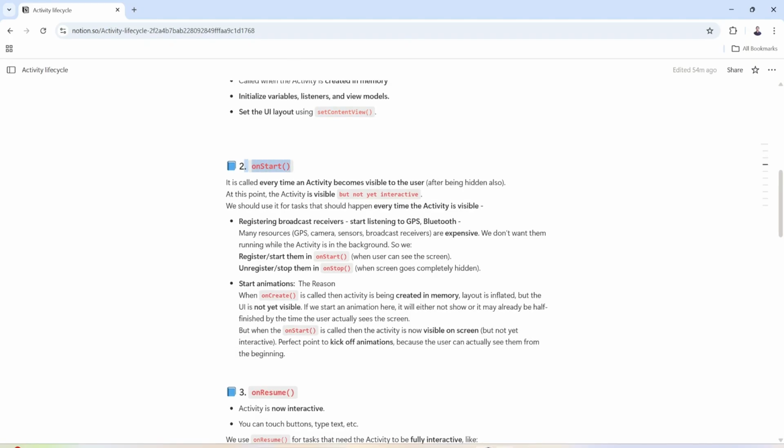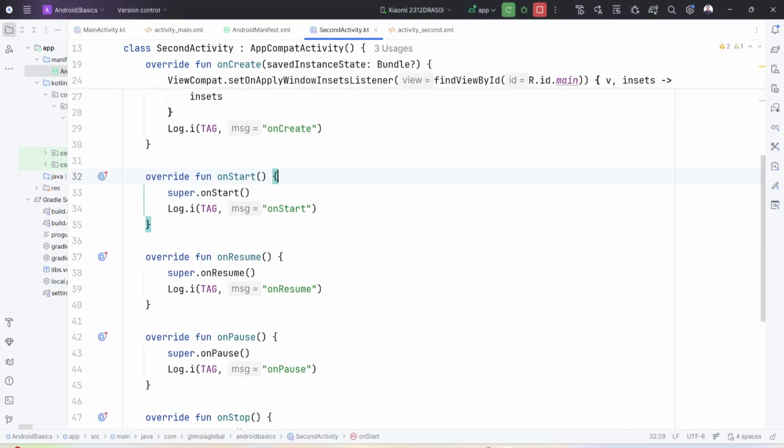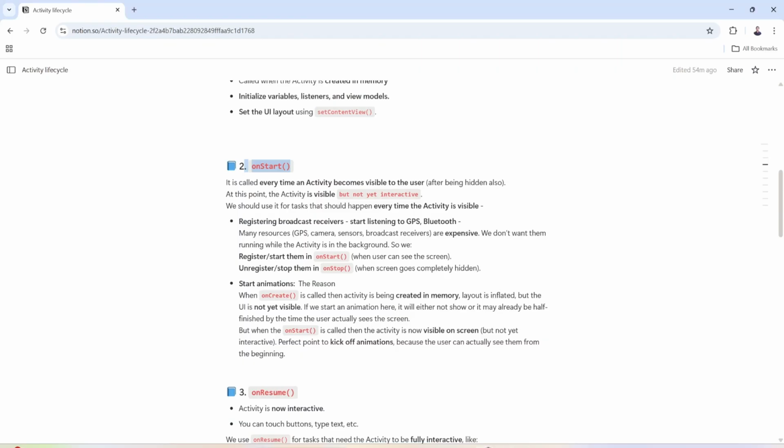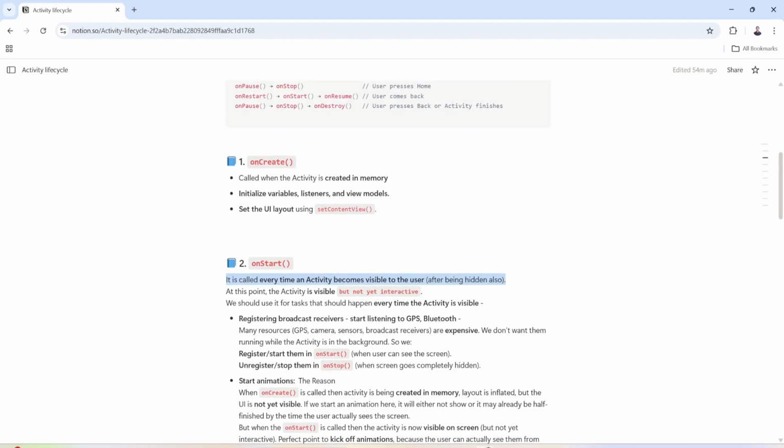Here, when we know that, then our onStart is called. That means when the Android system calls this method, what happens actually? It is called every time an activity becomes visible to the user. So whenever the activity is visible to the user, this function gets called. In onCreate, whenever the Android system calls onCreate, at that time the activity is not visible to us actually. But when the Android system calls this method, only then